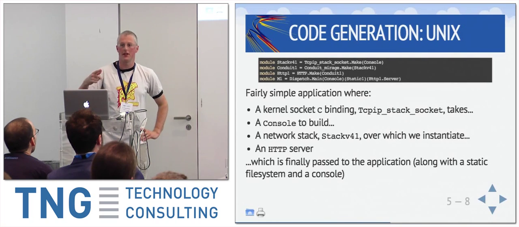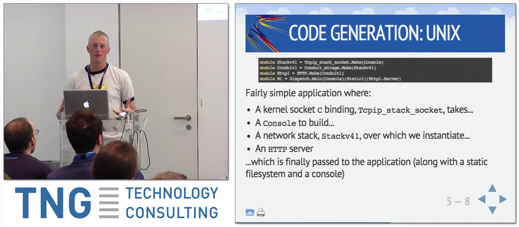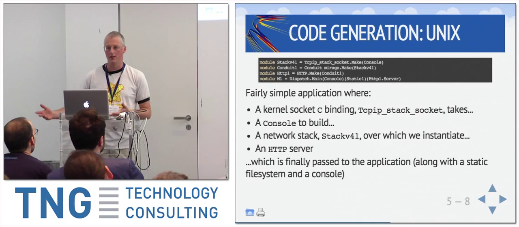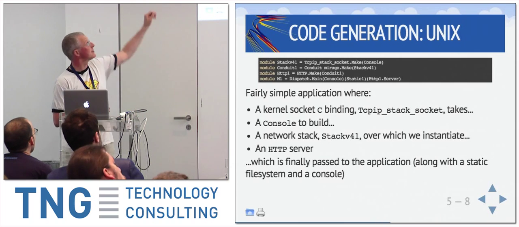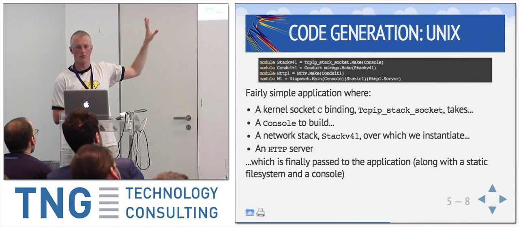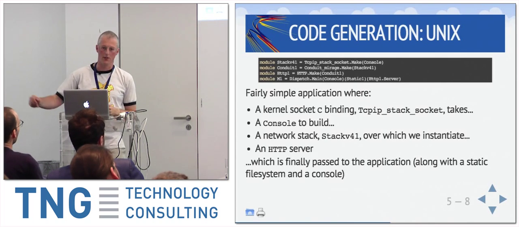Code generation then takes place through the MIRAGE command line tool. This is what the configure step does. It takes that configuration expression and turns it into some actual code that the compiler is going to depend on and make build on. In this case, this is the sockets, the Unix sockets library. So this is the lightest weight one. All the networking, for example, is devolved to the Unix kernel.